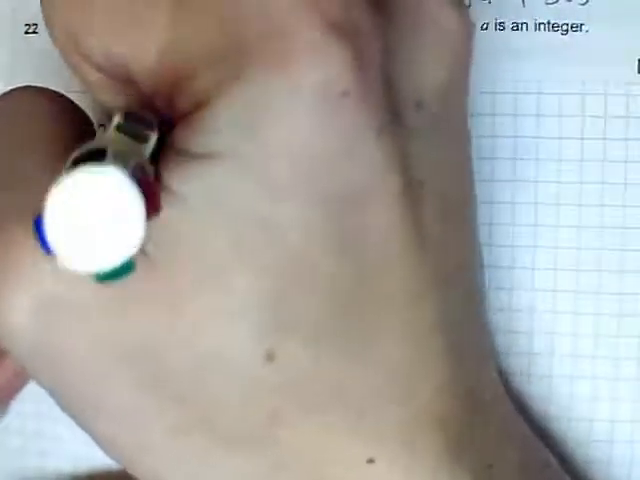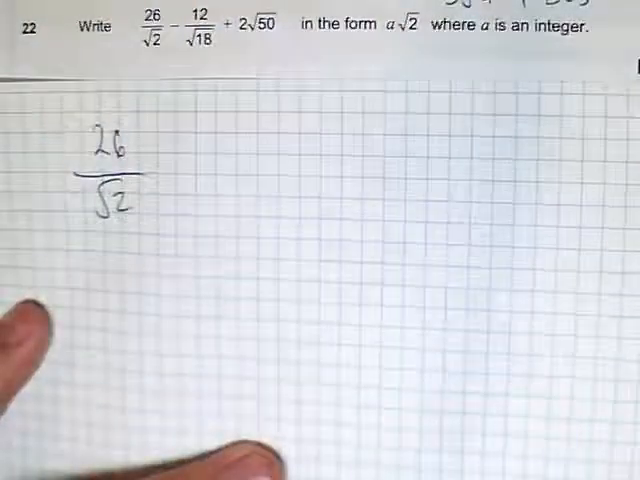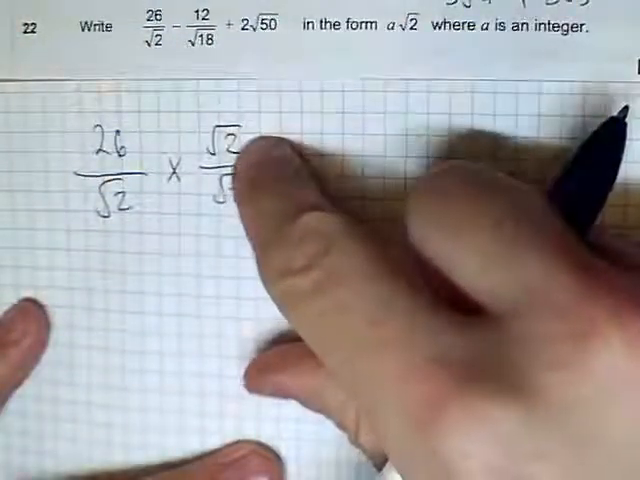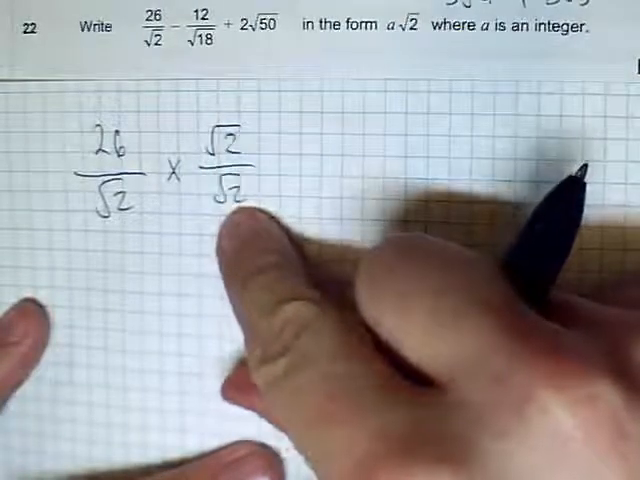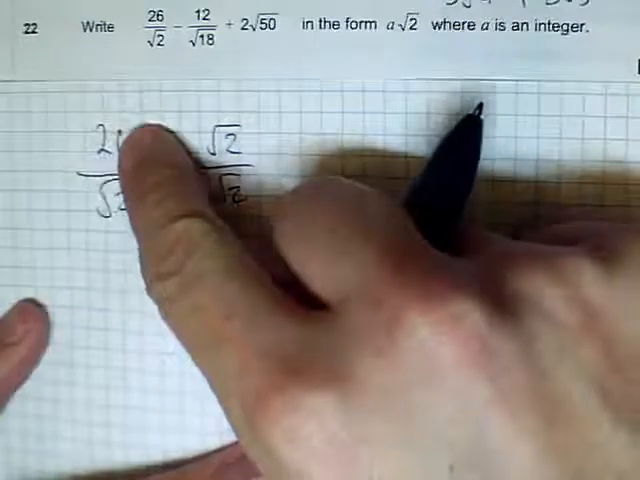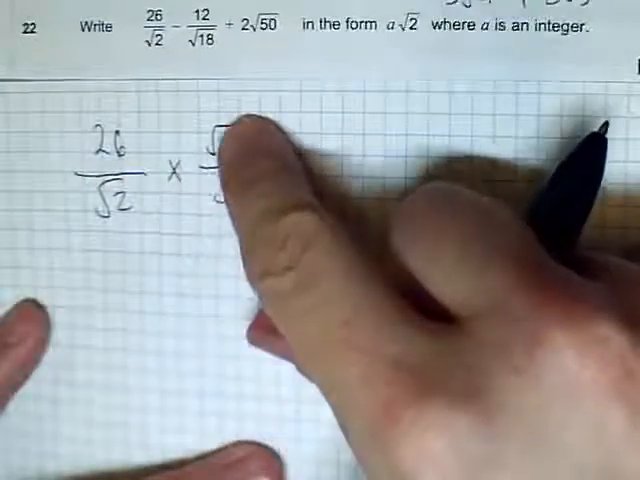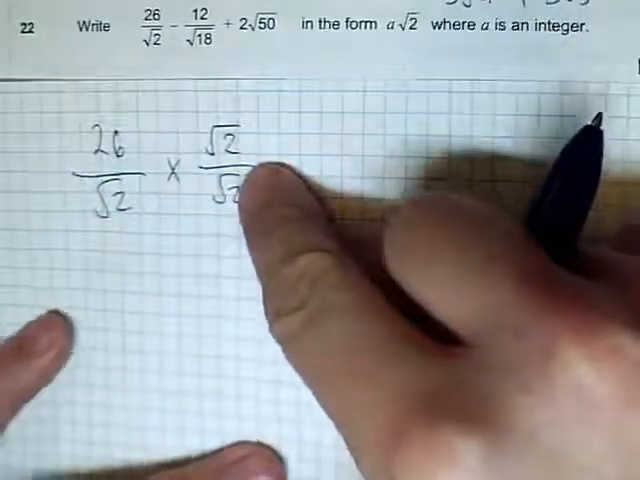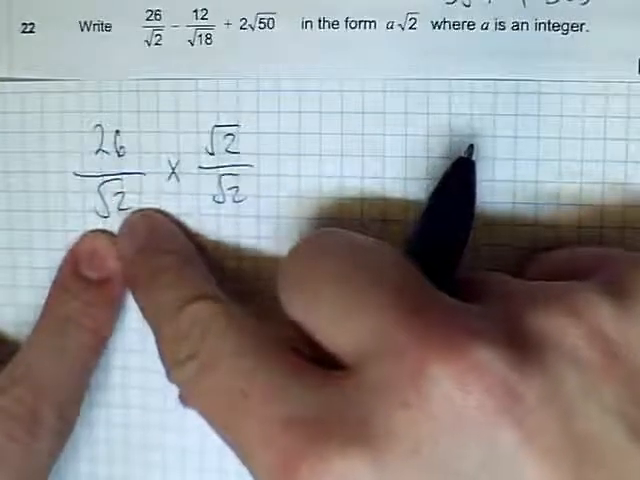So starting with 26 over root 2, to rationalize the denominator, you need to times it by the denominator over the denominator. Remember, if you're doing something divided by itself, that is effectively 1. So you're doing 26 over root 2 times 1, so the value won't change, even though the appearance will. Because we're going to get rid of that